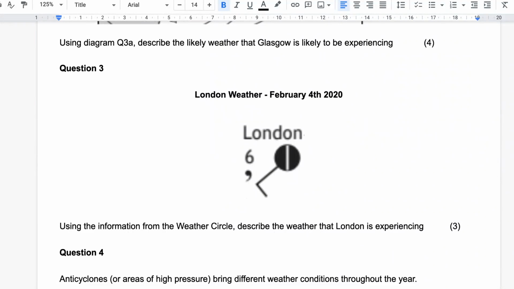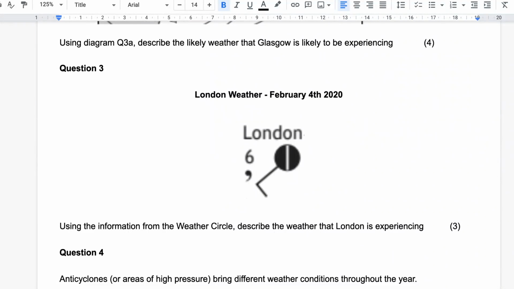This bit's easy. This is the temperature, so 6 degrees. This symbol is the weather symbol, and that indicates drizzle. So you should have drizzle in your answer. The spoke sticks out pointing to the southwest, so we have a southwesterly wind. We have a long tick, which is 10 knots. And we have an almost fully coloured in circle, but with a white strip down the centre, which indicates 7